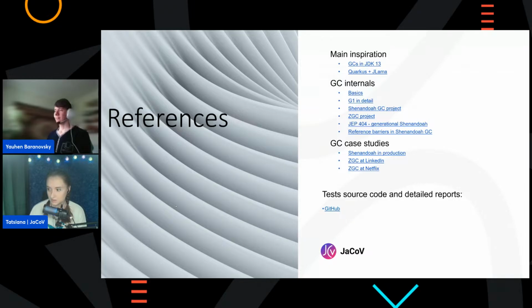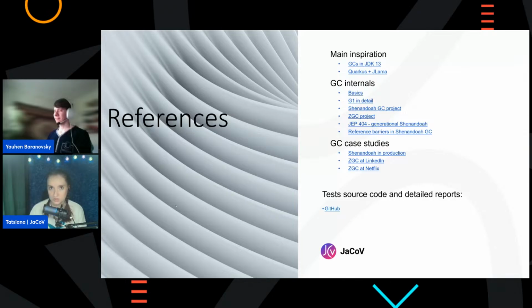And I see that there are some questions in the chat. So let's begin from the very beginning. The question from the chat: Shenandoah is still an experimental GC. When can we expect it? I mean, in which upcoming release version? If I'm not wrong, the generational mode for Shenandoah will actually be production ready in JDK 25. So till September. Yep, I see that guys have already even shared the link to the particular JEP,